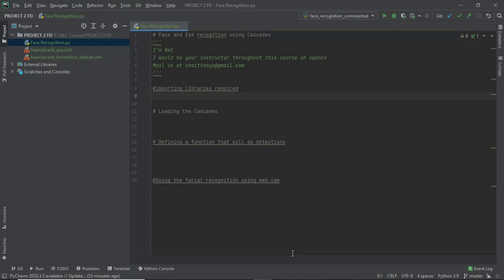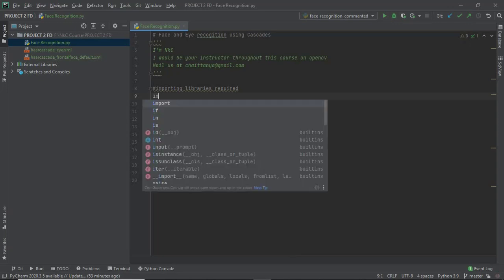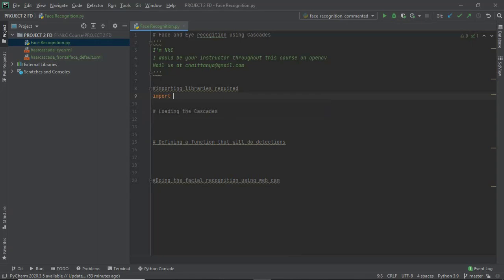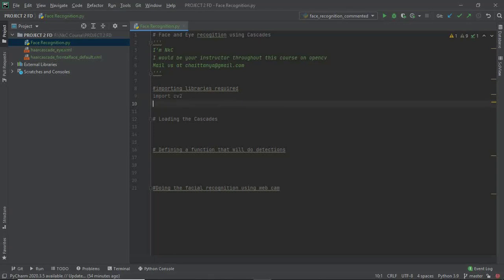The folder contains the Cascade files, so we need to be in this particular folder because we will be calling the Cascade to execute our code. I'm very excited to start this.